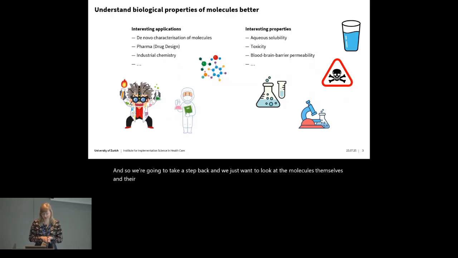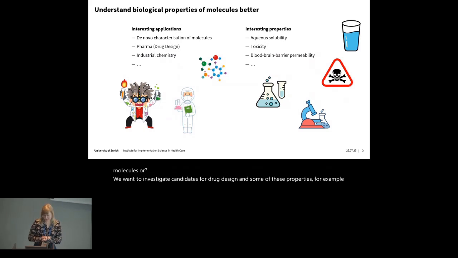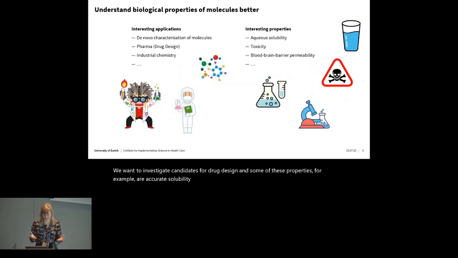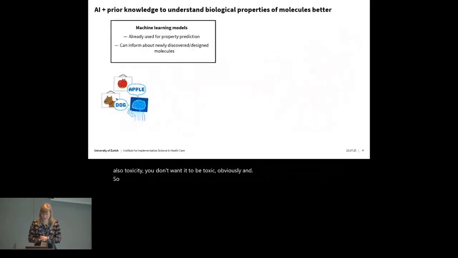their properties. Some applications here are we want to characterize newly discovered molecules, or we want to investigate candidates for drug design. And some of these properties, for example, are aqueous solubility. And you want the drug to be soluble but not too soluble, and also toxicity. You don't want it to be toxic, obviously. And so many machine learning methods are already out there to investigate